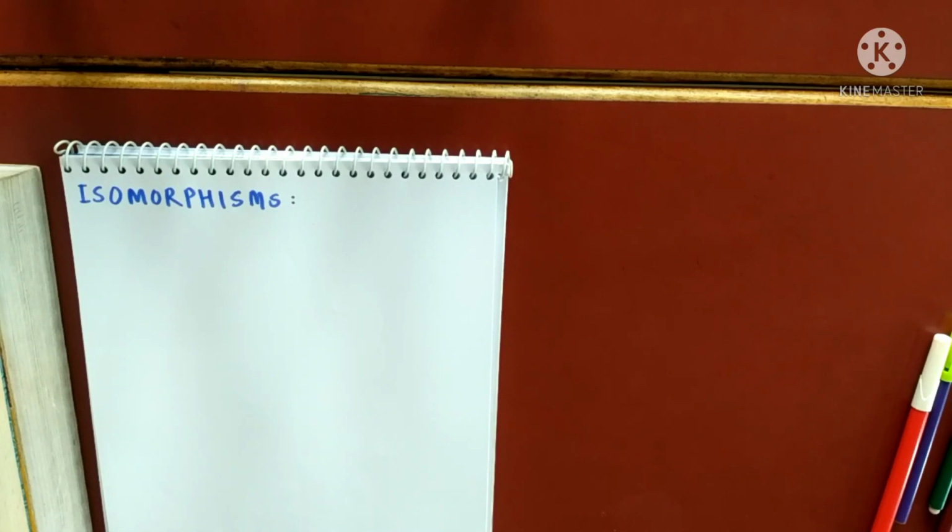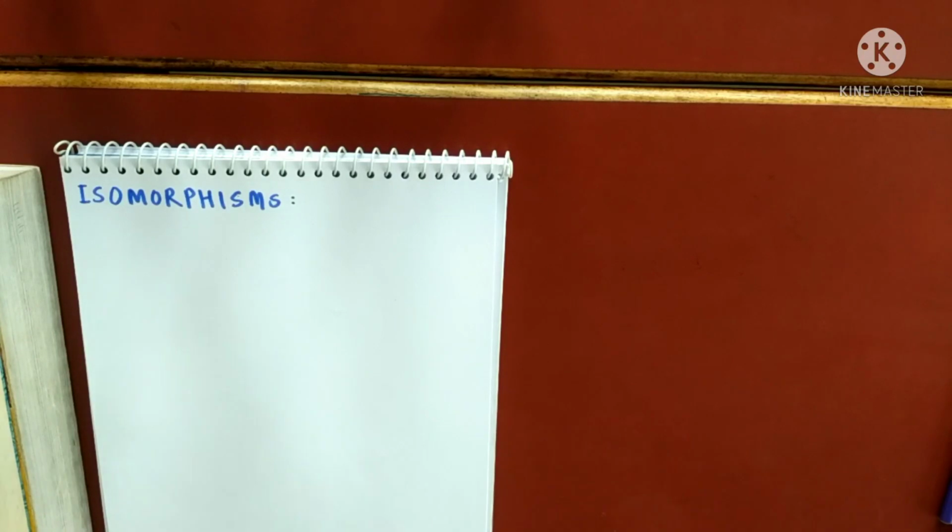If I'm talking in terms of group theory, you know the definition of an isomorphism: when two groups are isomorphic, they both are exactly the same group, just represented differently. That is the meaning of isomorphism in group theory. Similarly, when two graphs are exactly the same, just drawn differently, we say that both the graphs are isomorphic.